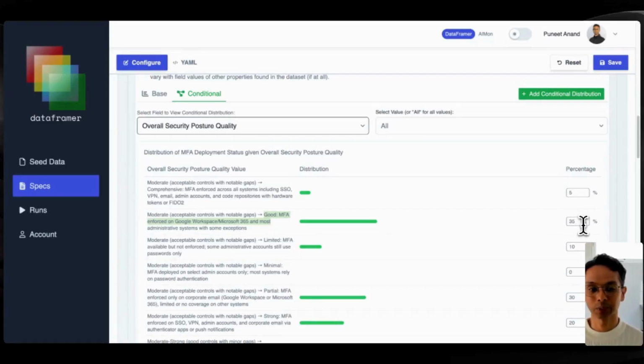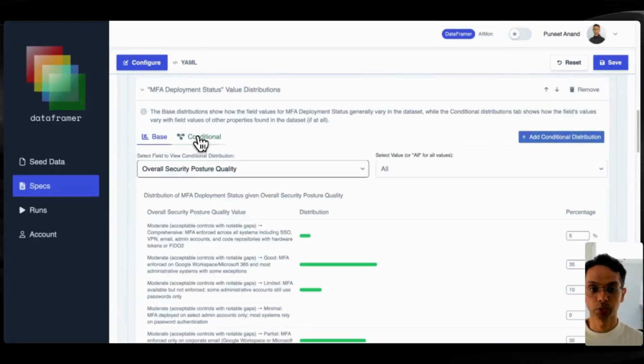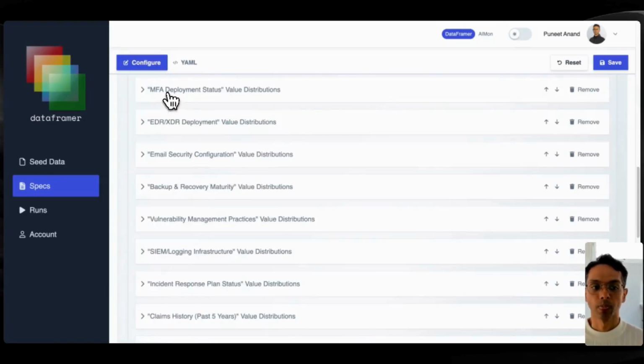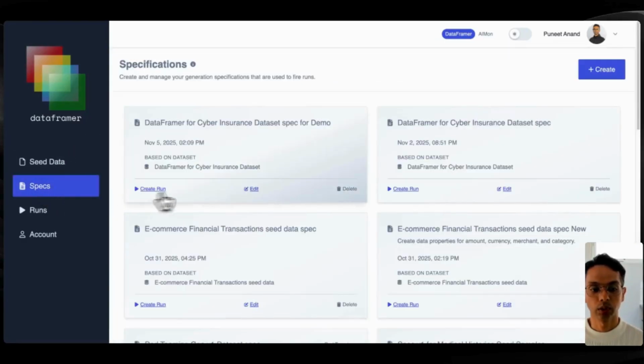Now, I am also able to change this. So DataFramer gives you a lot of control over how you generate your data, not just with the base distributions of a particular field, but also the conditional distribution of that field's values conditional on other fields' values as well. All right, so let's save this and move on to the next step, which is to create a